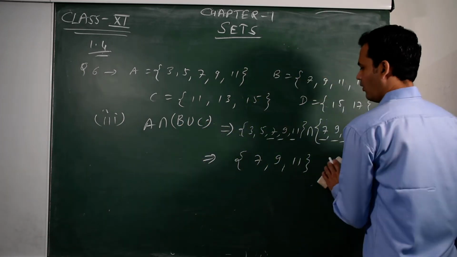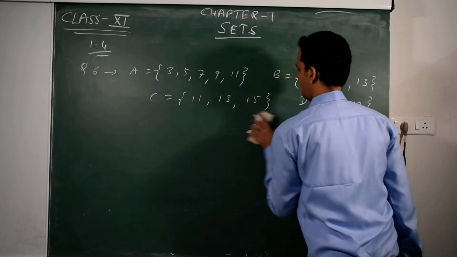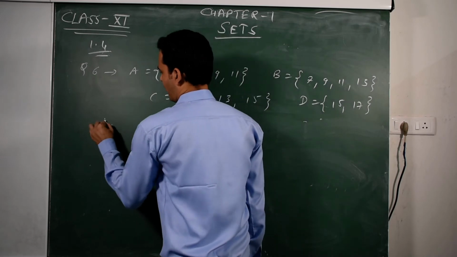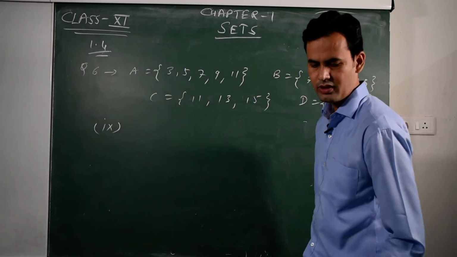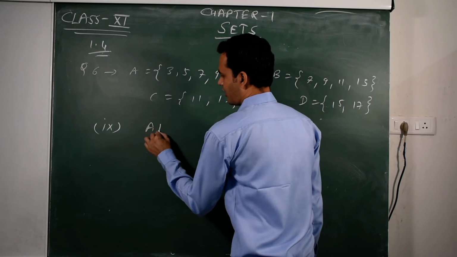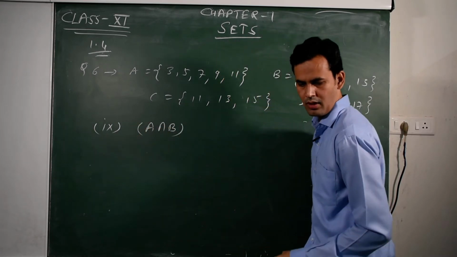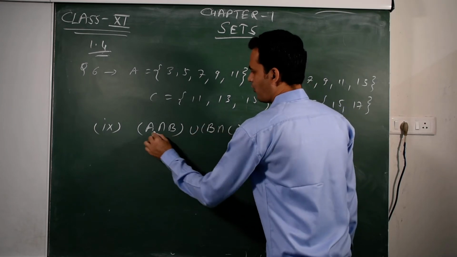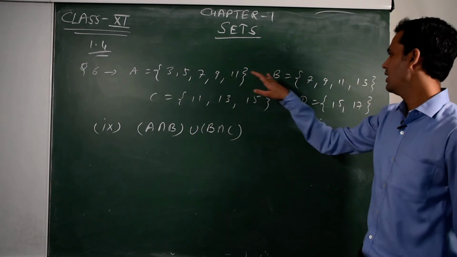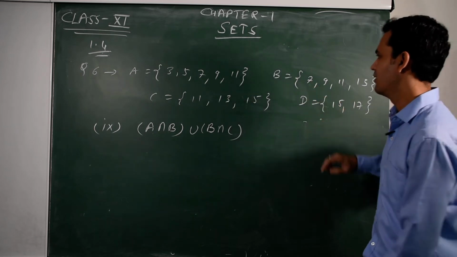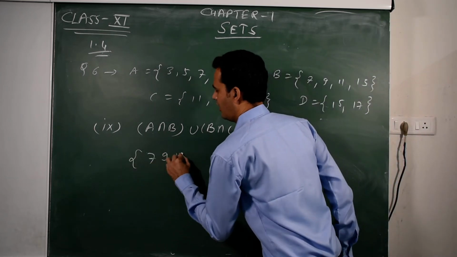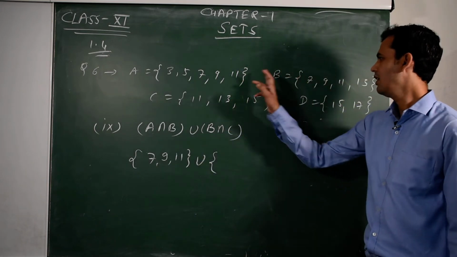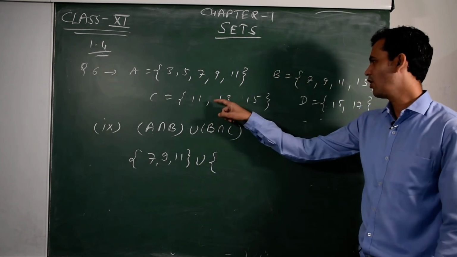Okay. Now fourth question, this is question number 6. Fourth or ninth, there are 10 questions in this sixth question. So ninth, A intersection B union B intersection C. So first we find A intersection B. Common elements of A and B: 7, 9, 11. 7, 9, 11 are the elements of set A intersection B, and B intersection C means common elements of